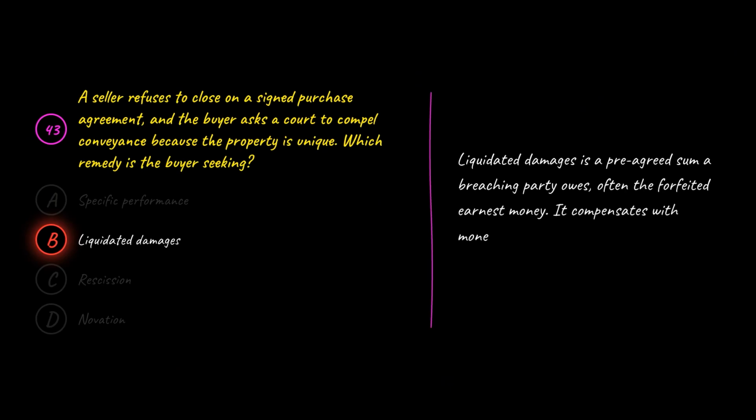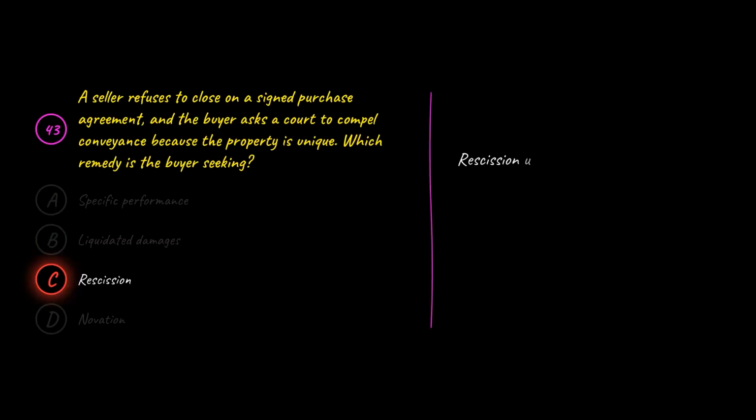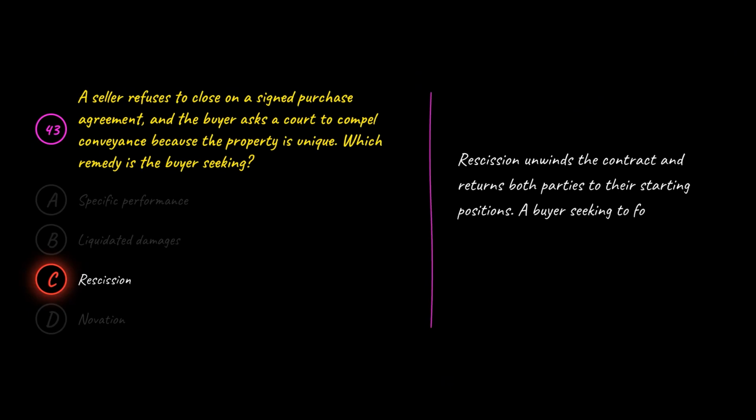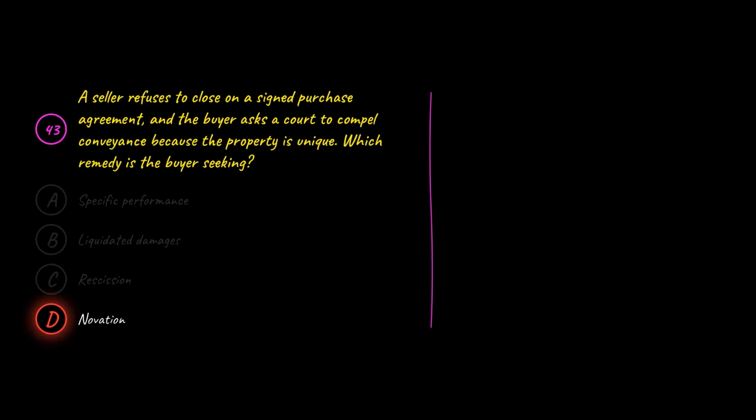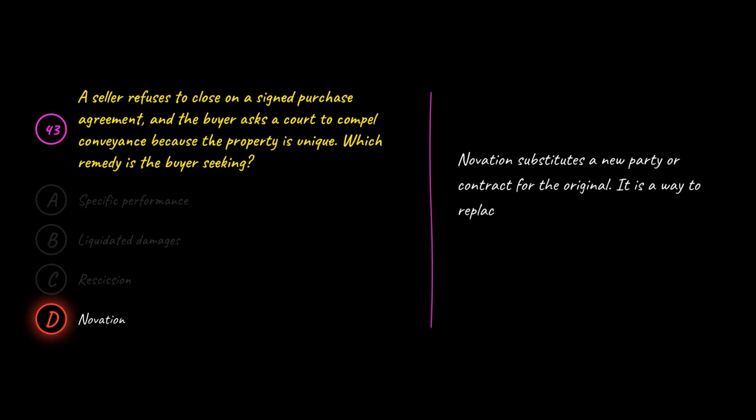It compensates with money rather than forcing the seller to actually convey the property. C is wrong because rescission unwinds the contract and returns both parties to their starting positions. A buyer seeking to force the sale wants the property delivered, which is the opposite of cancelling the deal. D is wrong because novation substitutes a new party or contract for the original. It is a way to replace obligations, not a remedy a buyer uses to make a defaulting seller go through